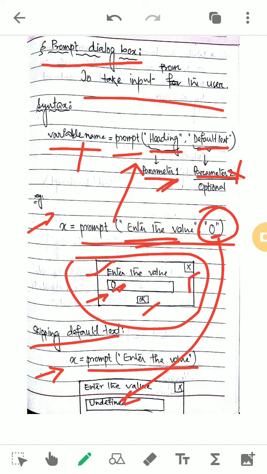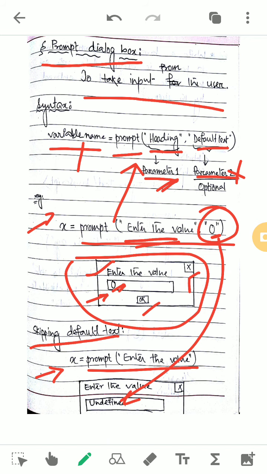That means the question may come: if we don't give the second parameter, then what value will be displayed? Then your answer will be undefined. So this is about the syntax of the prompt dialog box. You have to follow this every time when you take input.